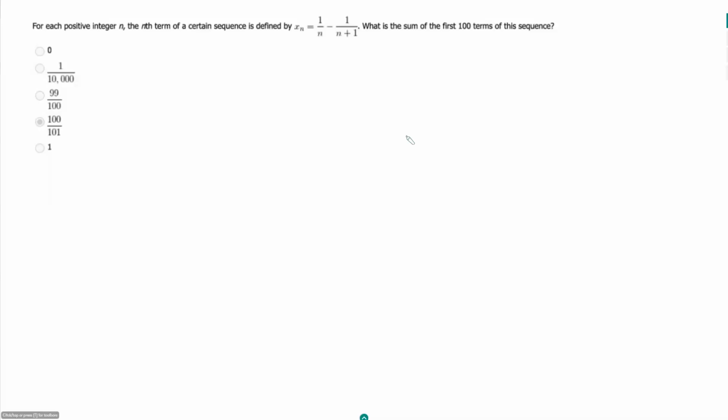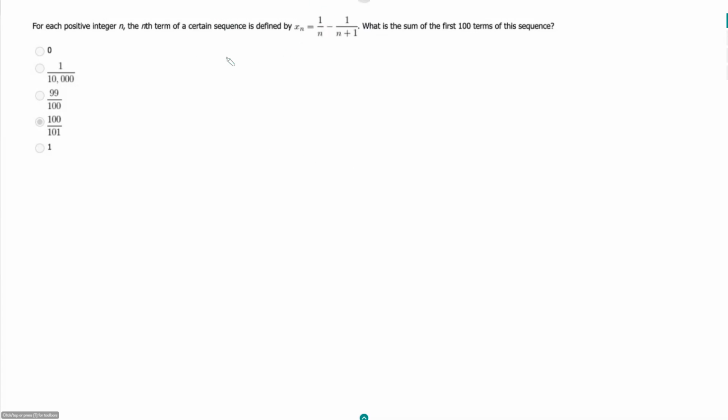For each positive integer n, the nth term of a certain sequence is defined by x sub n is equal to 1 over n minus 1 over n plus 1. What is the sum of the first 100 terms of the sequence? So,